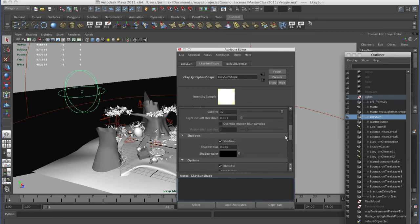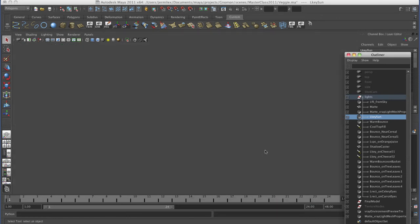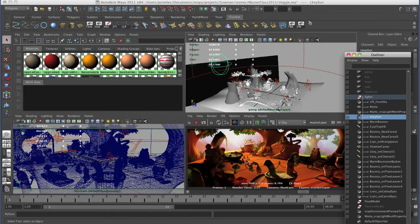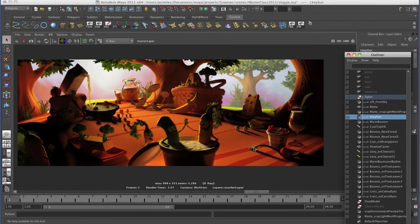It does have falloff, so the light will stay bright here and, like a light bulb, it'll get shallower, kind of fall off as we go. So coming back to the render here, this is with just that one light on. So you can kind of see the difference of fill lights, key light by itself. Then I have some different bounce lights around the scene, kind of top fill lights. I was trying to match the